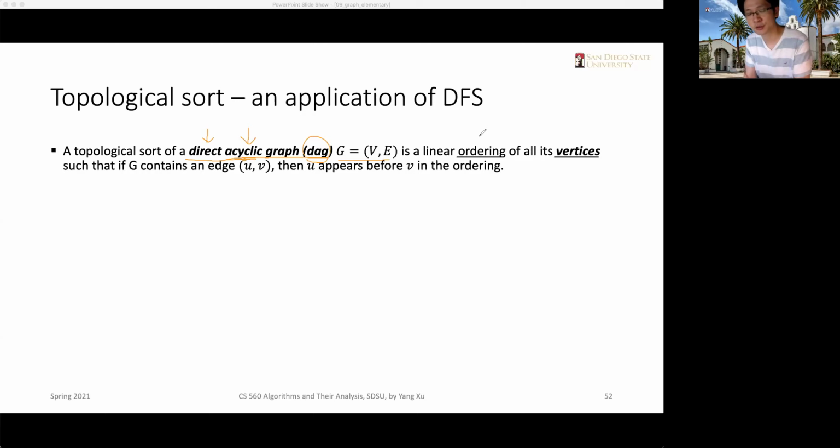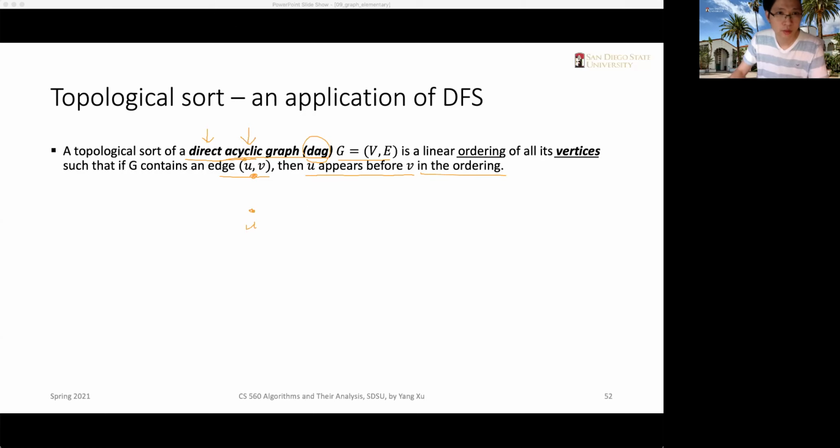It will sort all the vertices in such an order that if the graph contains an edge from U to V, then U must appear before V in the ordering. So we want to make the ordering satisfy this condition. If in the ordering we put U before V,